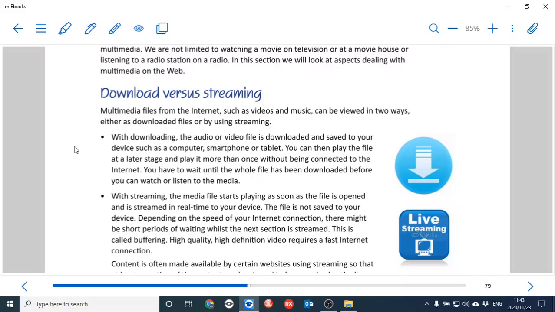A good example of this is YouTube. Does it make sense to download and save in a folder on your computer every single YouTube video that you've ever watched? No, because you'd completely use up your entire space, right? That doesn't make sense. So rather we just watch it. We're downloading the information to our computer, yes, so that we can watch it. But as soon as we're done watching that, it's gone. We close the browser and the video is gone. It's not saved on our computer anymore. So that is streaming.